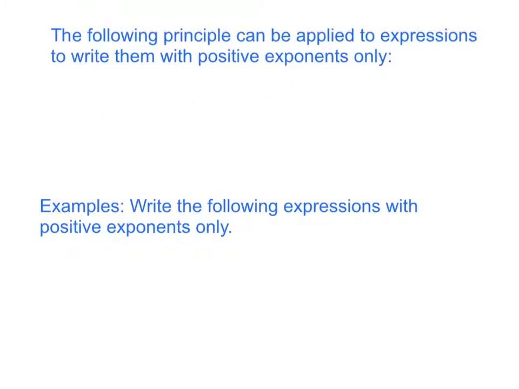Powers are often the most simplified when they have positive exponents only. There's a principle or rule that we use to make any negative exponents positive. That principle is a to the power of negative n is equal to 1 over a to the power of positive n. When you have a negative exponent with a base, you can bring the whole power to the opposite